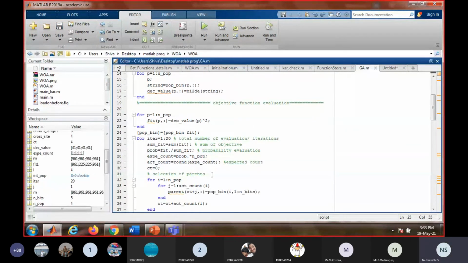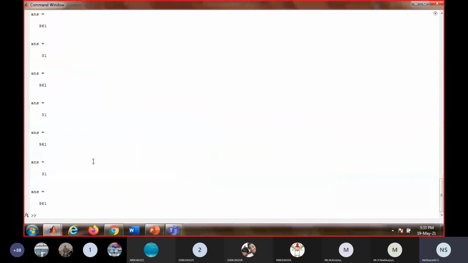Yeah, you can see that at the end of the 31st iteration, so this will show for all iterations. At the end of 20 iterations, we got a value of 31. Actually 20 iterations is more than needed here because the function is simple and the range is small. You can see this is one iteration where we got 31 and 961, but we got the same answer in the previous iterations also. So 20 iterations is actually more than needed for this type of objective function.